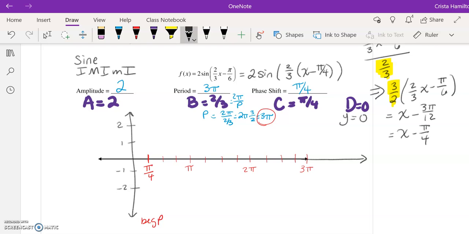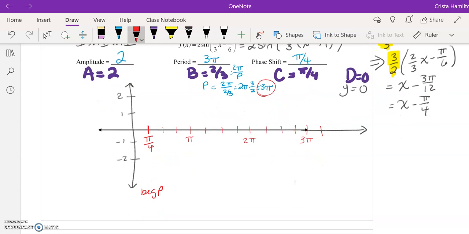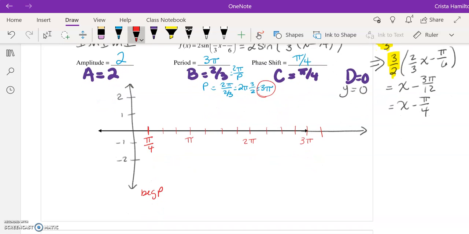So if I was going 0 to 3 pi, that would be good. But I'm going to go one more tick mark past that because that's going to be exactly 3 pi away. Now, if I didn't know how to get that, remember that to get to the end of the period, I take the beginning of the period and I add the period to it. So if I start at pi over 4 and I add 3 pi to it, I would get